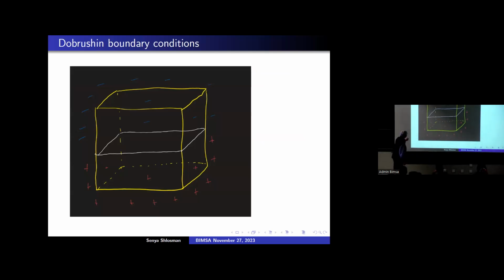So what we'll do is the following. We take a cubic box in three-dimensional space, and we put plus boundary conditions in the lower half and minus boundary conditions in the upper half. Then inside we have some configuration. If the temperature is low, in the upper half we will see a minus phase, in the lower half a plus phase, and a random interface between the two. But it will be a more or less flat interface. It will not fluctuate much, no matter what the size is.